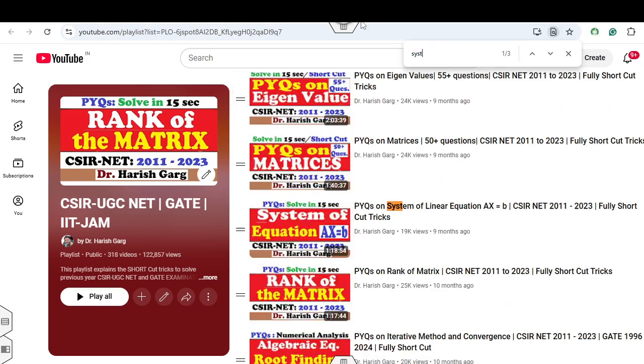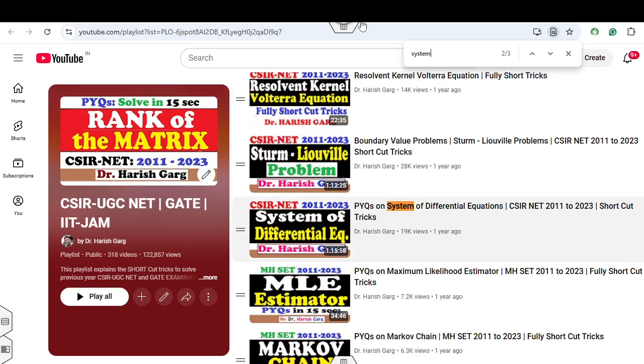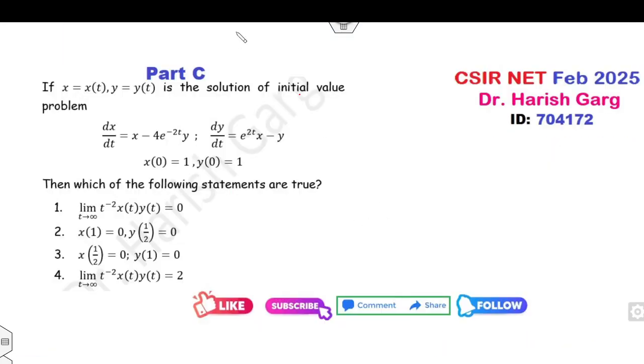If you have listened to the lecture on systems of equations, differential equations, then you can get the answer in a very simple manner. Firstly, I can tell you the simple shortcut trick. What is the shortcut trick? As I mentioned, whenever you have the system of equations dx over dt is ax plus by, dy over dt is cx plus dy, then